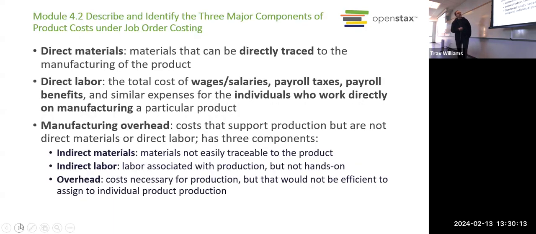Okay, moving on. So we know direct materials can be directly traced to the product. We can say that this vinyl went into this sign, right? That's why we say direct. Direct labor, same idea. This person's 1 hour of work went into this product. So it's a direct material cost. Direct labor cost. And it's not just their hourly rate, but it also includes any payroll taxes and benefits related to the work that they're doing on the specific production.